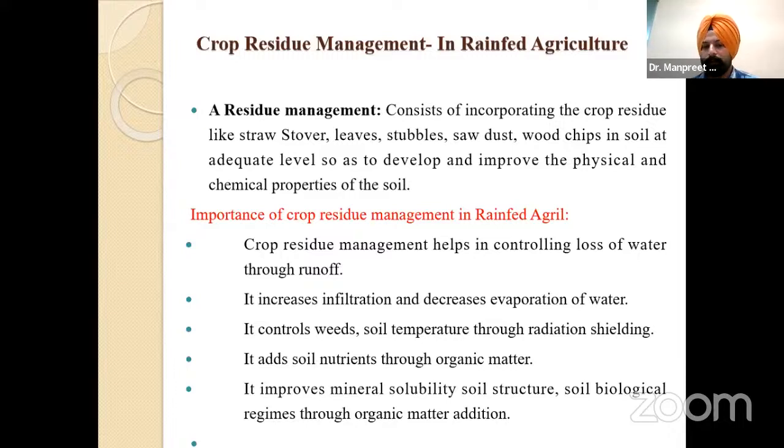मैनेजमेंट। जैसे क्रॉप रेजिड्यू मैनेजमेंट हेल्प्स इन कंट्रोलिंग लॉस ऑफ वाटर थ्रू रन ऑफ, इट इंक्रीजेस इन्फिल्ट्रेशन एंड डिक्रीजेस वाटर इवेपोरेशन लॉसेस, कम करते हैं सॉइल से। इट कंट्रोल्स